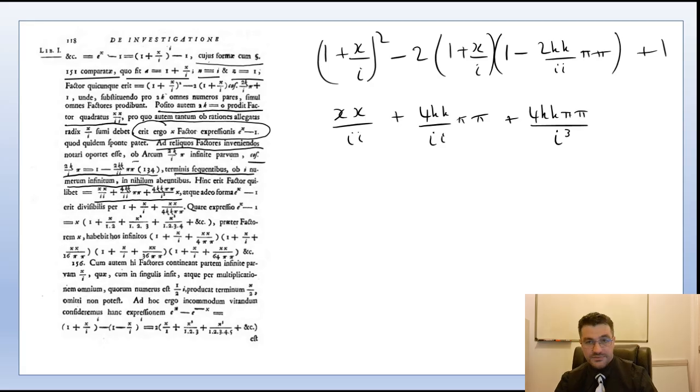So he says something then, he makes it a bit of a jump here. So he says, therefore, e to the power of x minus 1 is divisible by 1 plus, so let me write it here, 1 plus x over i plus xx over 4kk pi pi. So